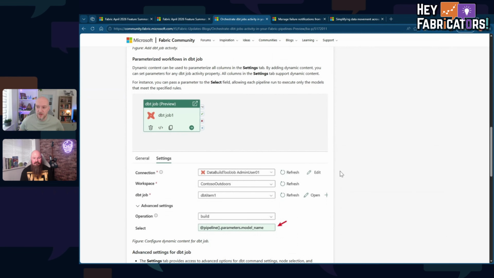Not really used it, to be honest. It's good that you can now orchestrate that. You're bringing more tools into Fabric. It's pushing people into Fabric being that central location and running other external tools. So yeah, interesting stuff. I always think DBT is the data tool choice of hipsters, so that's probably why I like it.